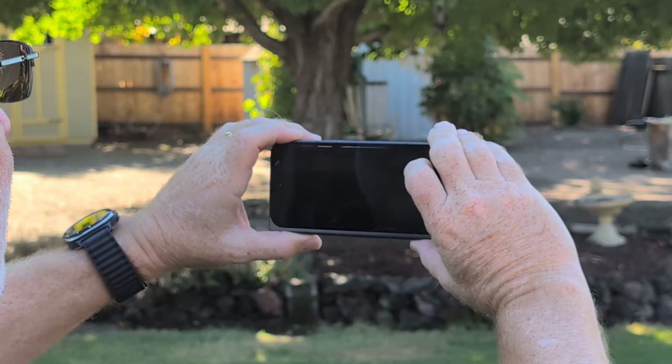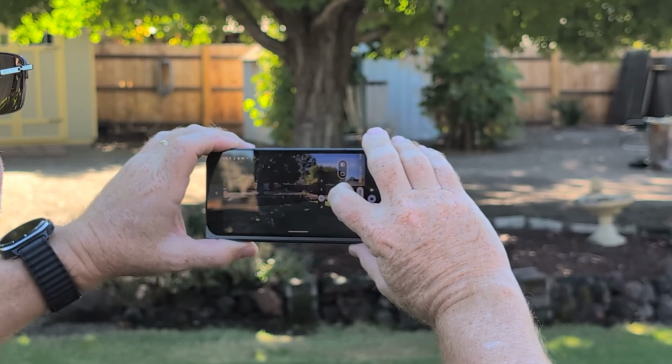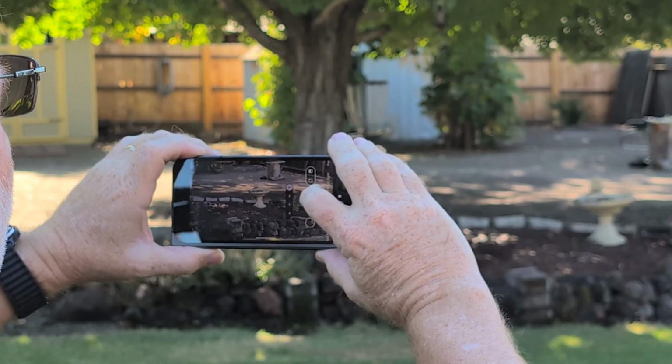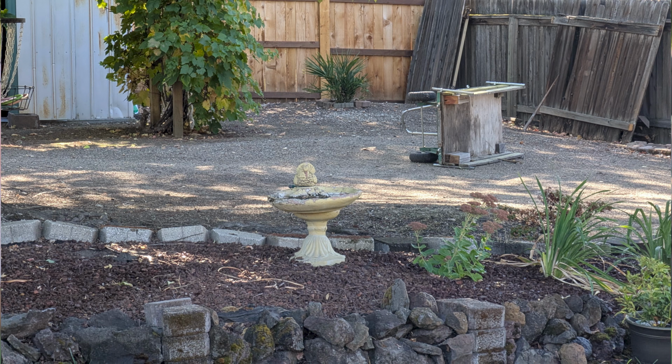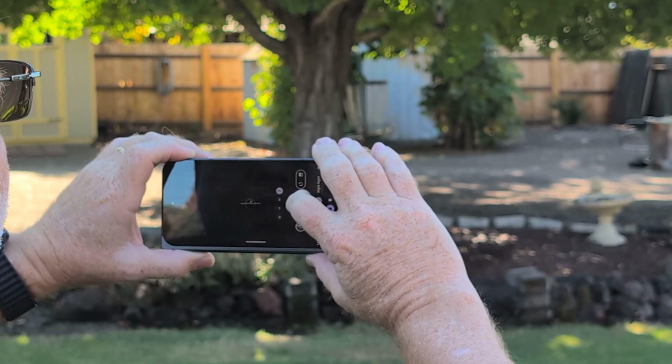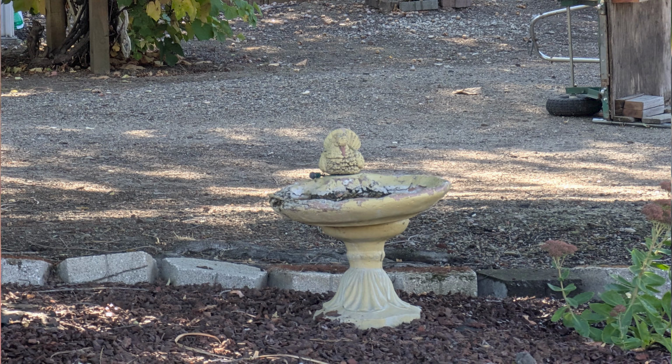So when you take the cameras outside, you can see here in this video that the image is nice and clear and the screen is very bright. You get the same kind of brightness on both of them. They're both really high in their nits for a foldable, both inside and outside display. So you can see now in this video, when taking a picture with the Pixel 9 Pro Fold, you leave it shut and you just take it like a regular camera and see how quickly it opens up. And you can see how you can just move from one lens to another fairly easily. You've got the 1x, the 5x zoom, and you can even go up to 10x zoom on this with no problem and get a nice clear